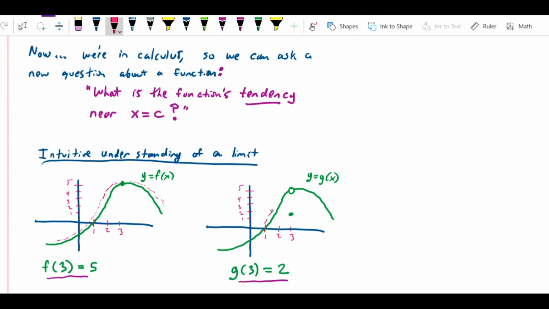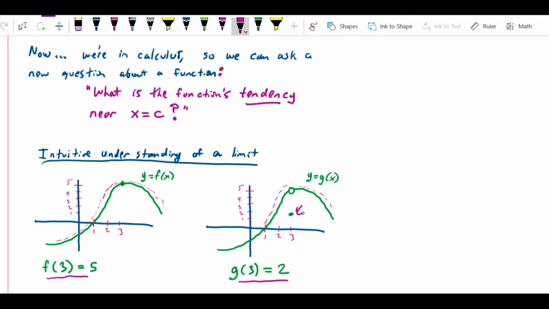Same ant, same fire ant, don't sting me, crawling along the function, and it says, where am I going when I get to x equals 3? It looks like I'm going to get to 5. And then, somehow, miraculously, the function just completely shifts gears and its value is 2. So your conclusion about where the function